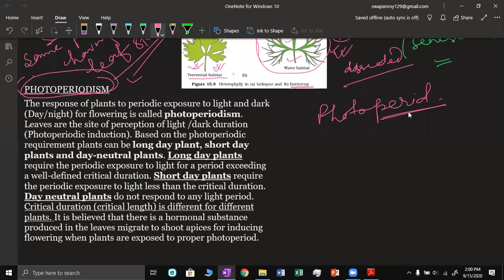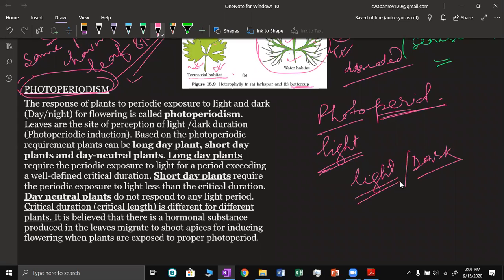Period, that is the duration, and photo light. How long a plant is getting light and dark alternately, light condition and the dark condition alternately, that also influences the physiological process of the plant. Particularly here we will see related to